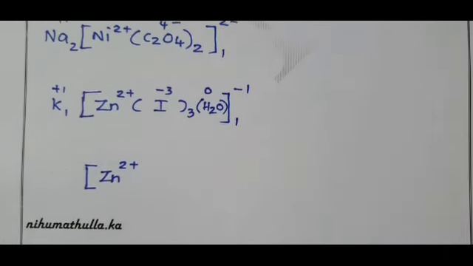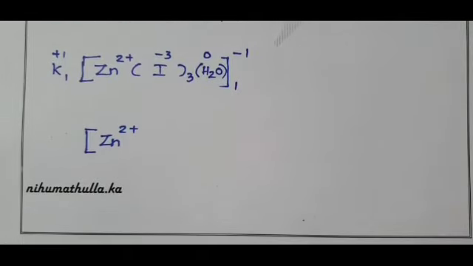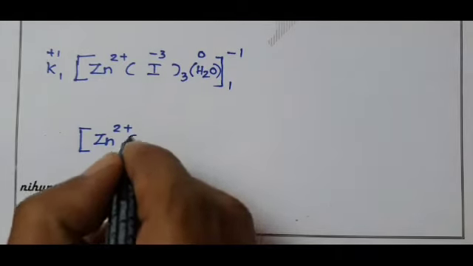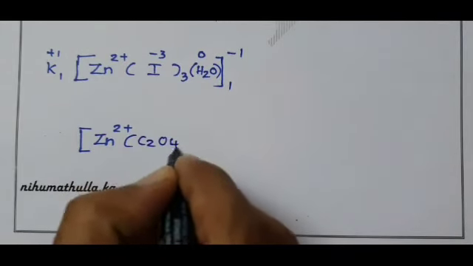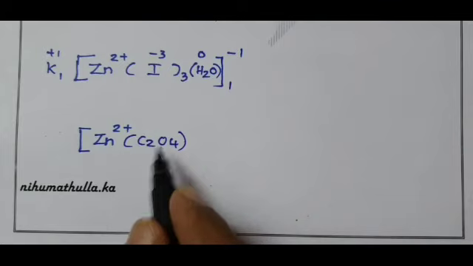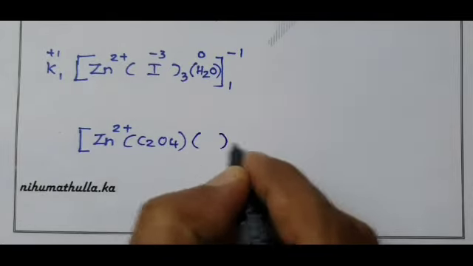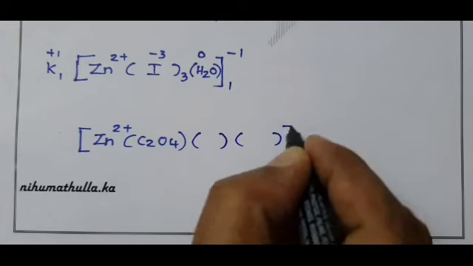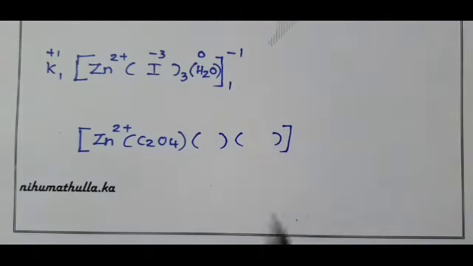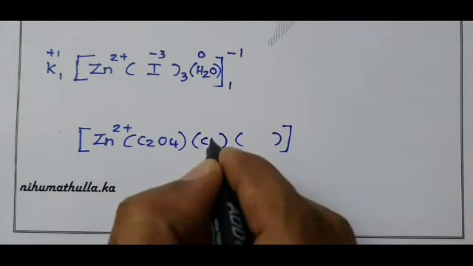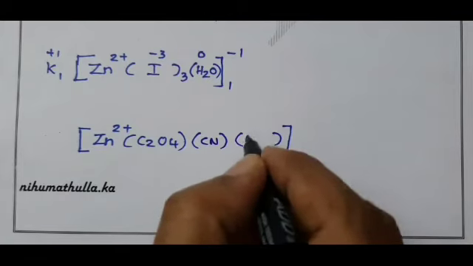Now I am using here one bidentate ligand. What is the molecular formula for a bidentate negative ligand? Sulfato, carbonato, oxalato, C2O4. 1 oxalato 2 minus, therefore third bond, fourth bond occupied by other ligand. Here I am using one more negative ligand, CN. Then you can use one neutral ligand.